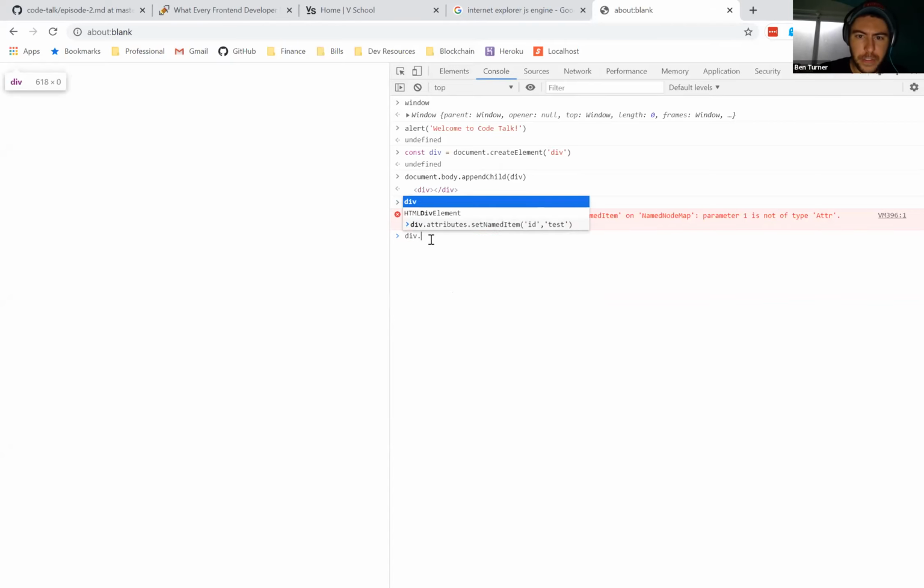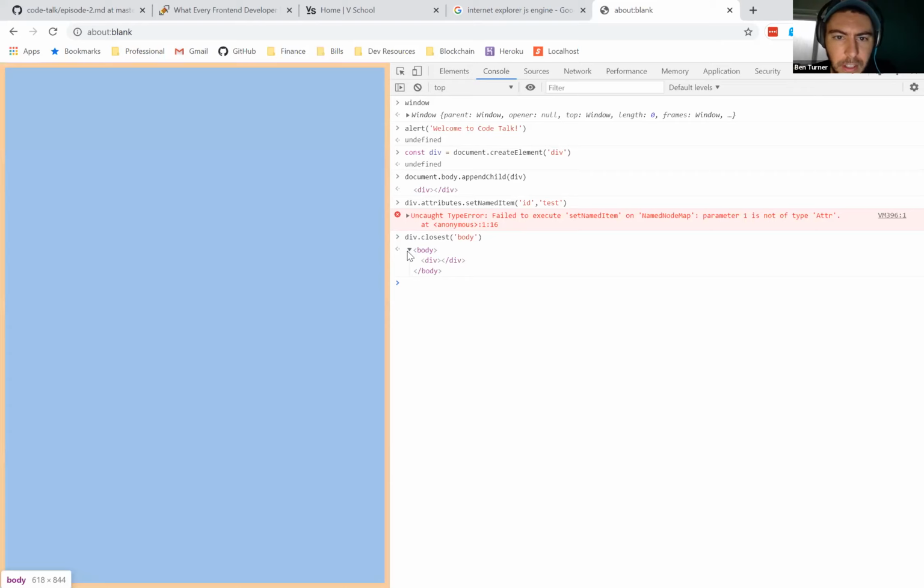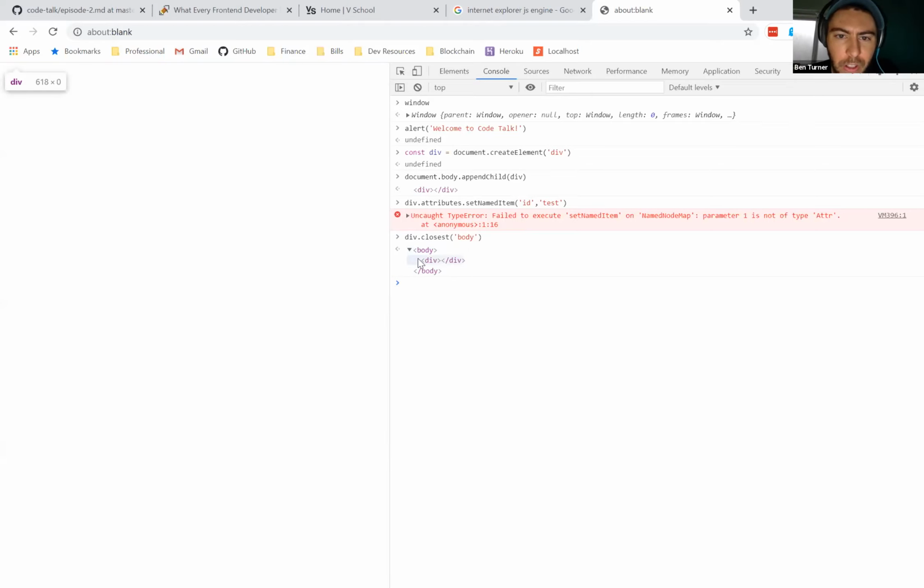I'm going to say div.closest, and I want to find, hey, look at that. I found the closest element called the body, which is a trivial example because there's only one body ever. But anyways, it gives you the idea: it looks like there is a method called closest that exists on all div elements, and in fact, all HTML elements.